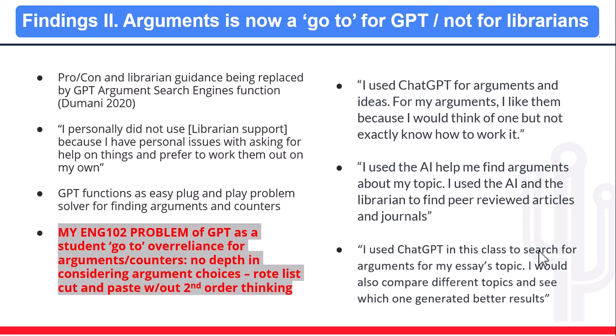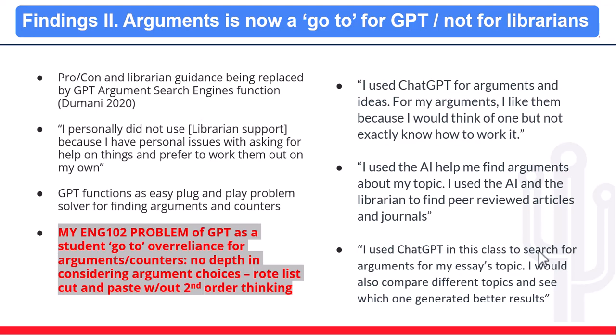So pro and con sources, kind of the go-to librarian guidance with regards to finding arguments, is being replaced by GPT functionality, by applied AI functionality. A great article, Dumani 2020, is in the references list, but realistically, what you can imagine is a GPT-related plain English query, search engine-like results for pros, cons,